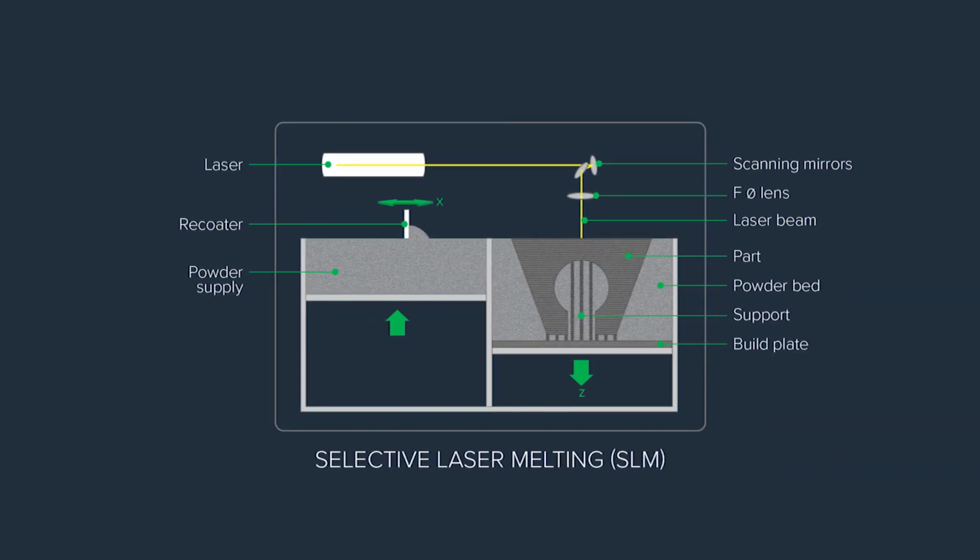Now, the process of selective laser melting appears straightforward. It's just scanning a laser over metal powder and causing it to melt and solidify. But you might realize that it is extremely complex. This is because of the very fast temperature changes that occur and the coupling between heat transfer and fluid dynamics of the melt pool. We'll dive into this later on in more detail, but I just want to say that